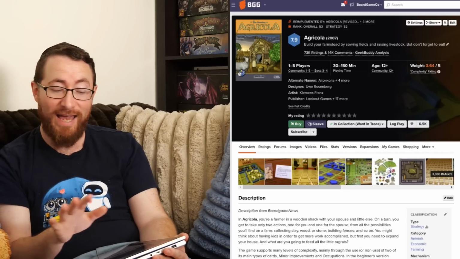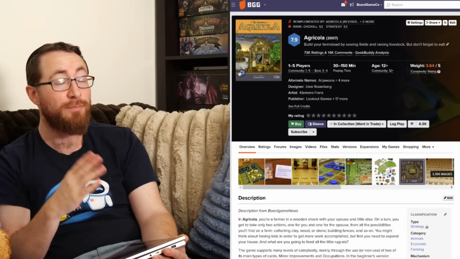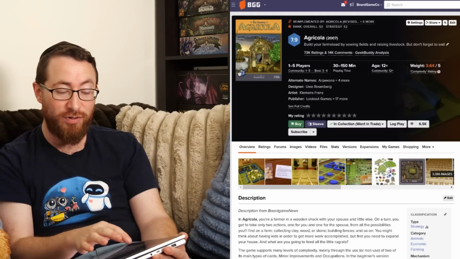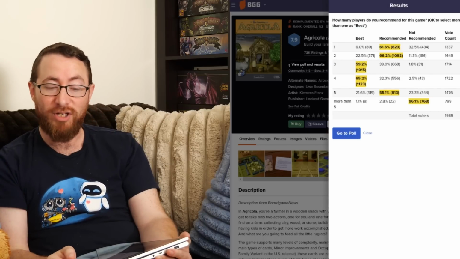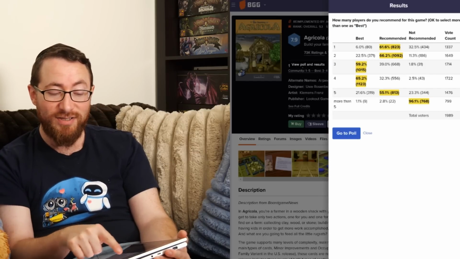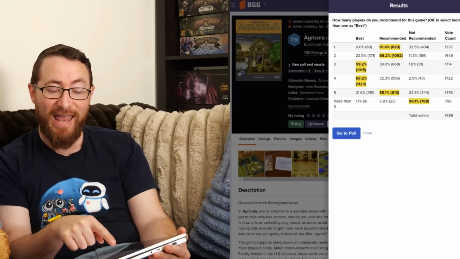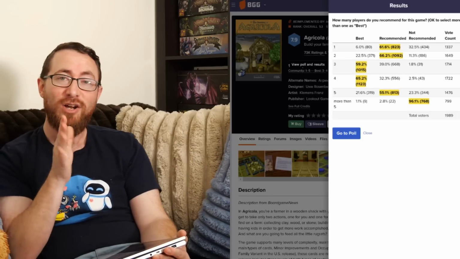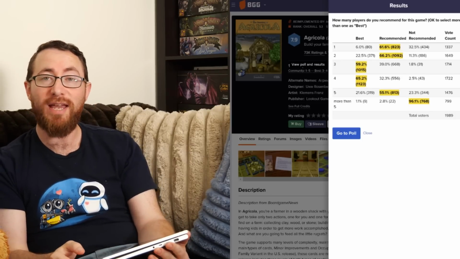That little best tag is excellent. It's already giving you more information than the fact that the box says 1 to 5, but it's best at 3 to 4. But let's drill down on that information. Let's take a closer look and see that you can see which categories it's best at and which categories it's recommended at. Well, before I had a game group, when I used to only play games with just 2 people,